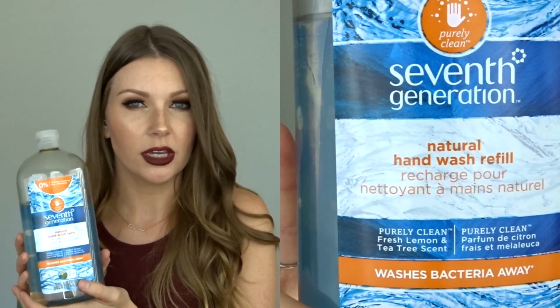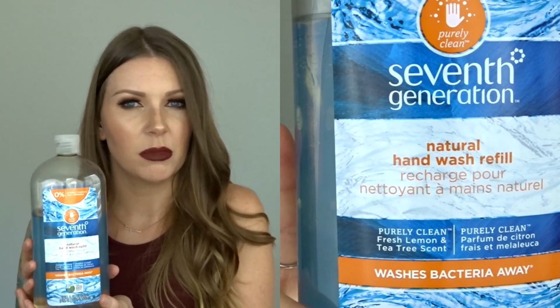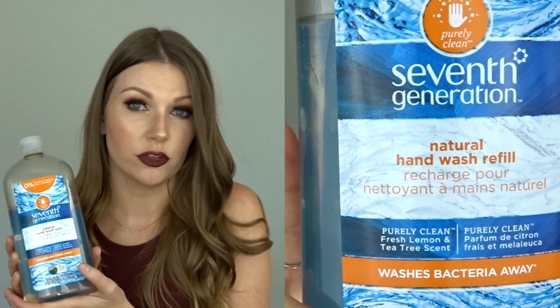Yes. And the last item I have is kind of random, but it does get wrapped up into the whole makeup thing, and it's this soap. So the name of the brand is 7th Generation, and I've seen this brand at Target and Sprouts. It could be at maybe Whole Foods also, but I would check either Sprouts or Target. I got mine from Target, and this is the large refill size, so you can get a smaller hand pump. It is a hand wash, that's what it's meant for,